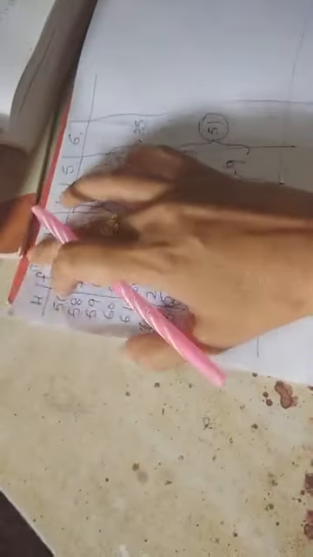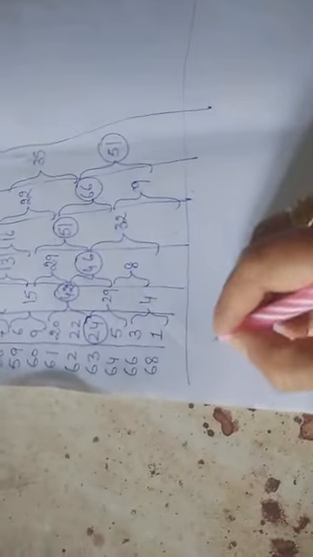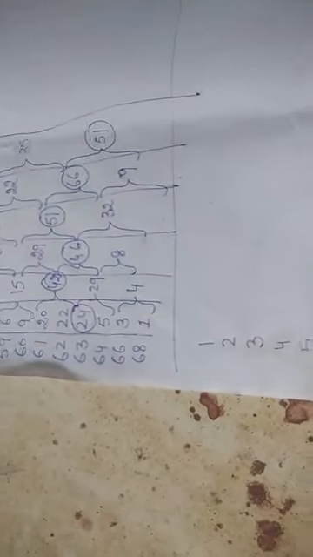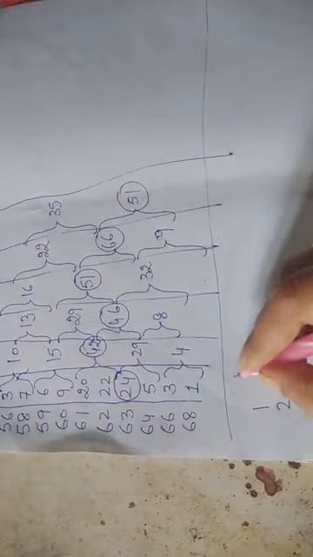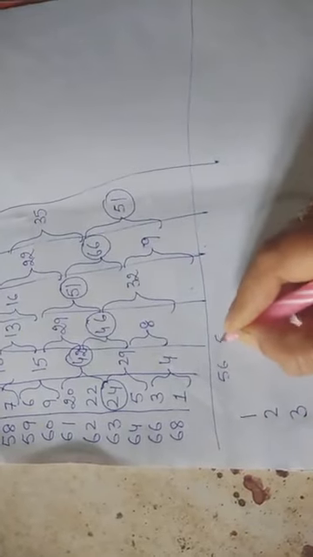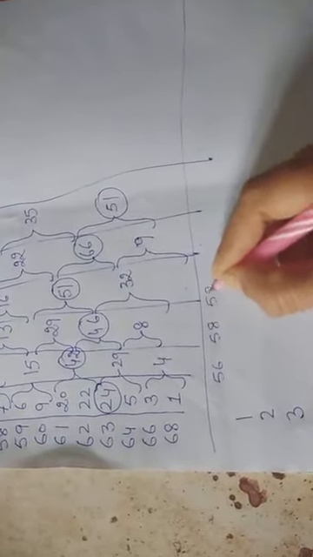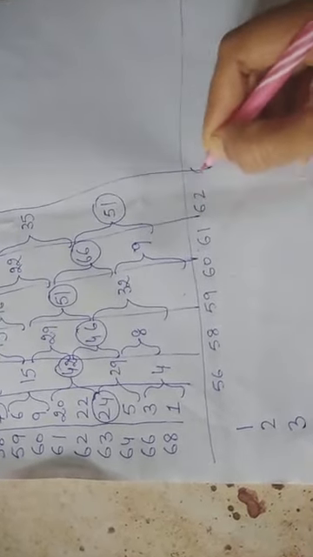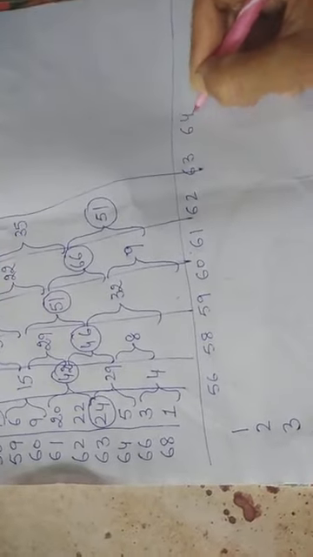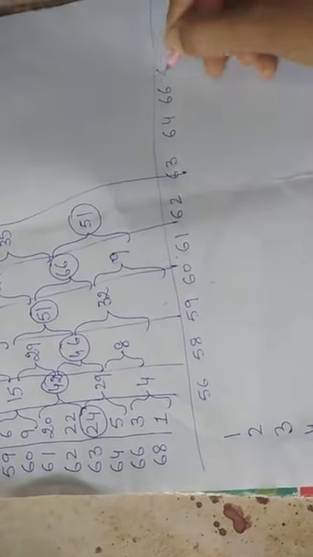Now what will be that analysis table? In the analysis table, here I will write the column numbers. I have the 6 columns and here I will write the height. Those are the, you can say, the x values. 56, 58, 59, 60, 61, 62, 63, 64, 66 and 68.